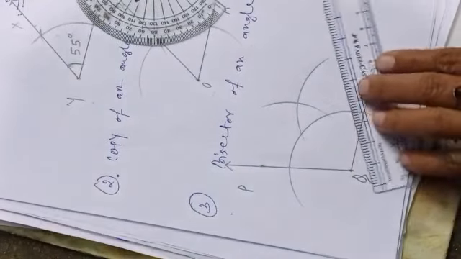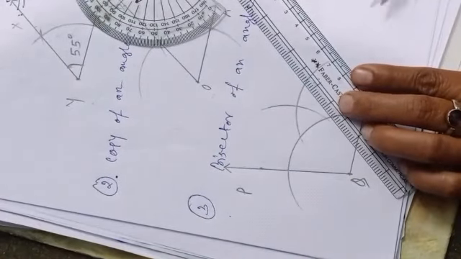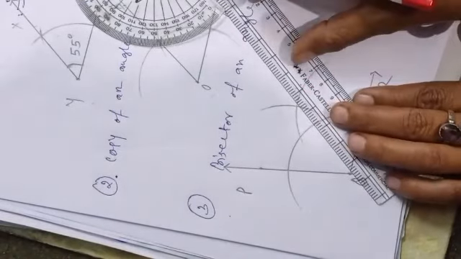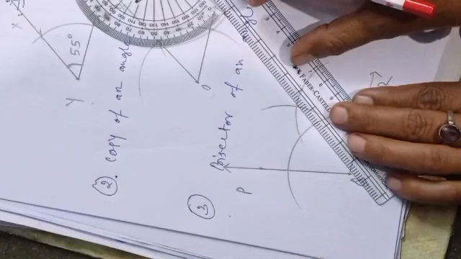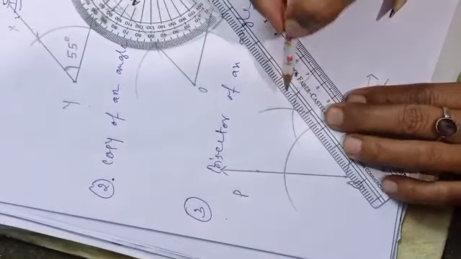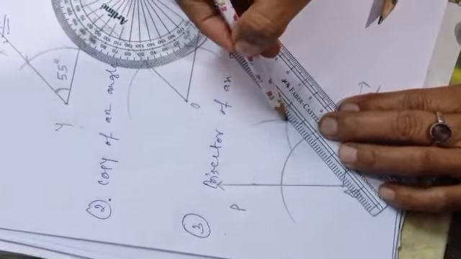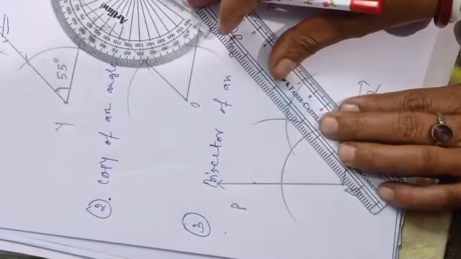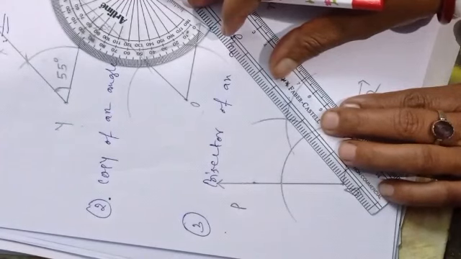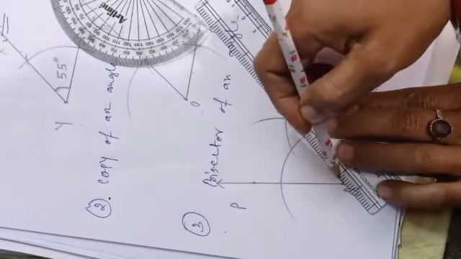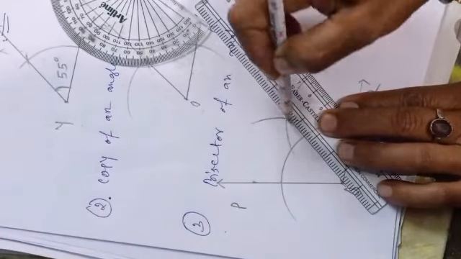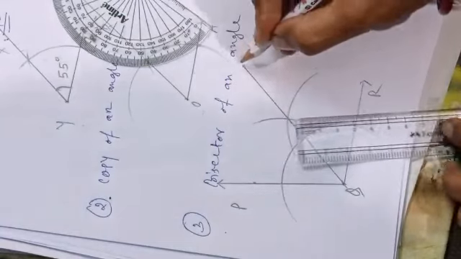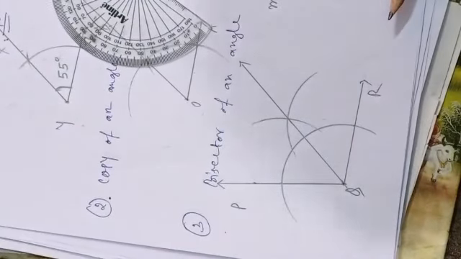Now what I will do here, I have to join that intersection point with this vertex Q. Let's see what we are getting after joining. Before you join, you just mark that intersection point properly. Otherwise that measure will be disturbed. You will not get the perfect measure. So set it properly. Let's join it. This is another ray. You can put the arrow over there.